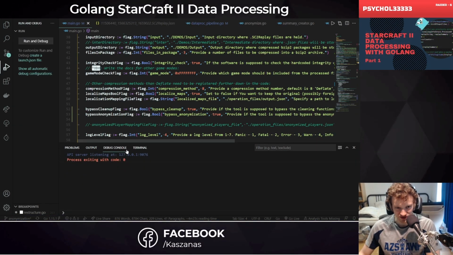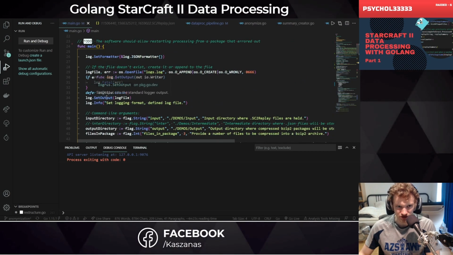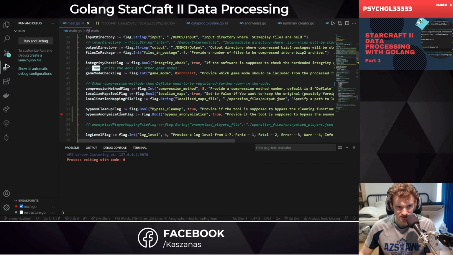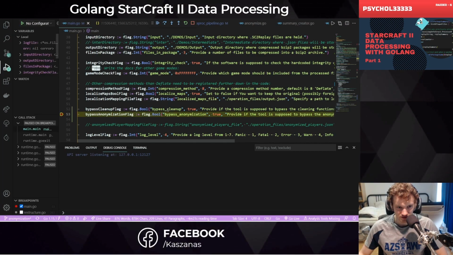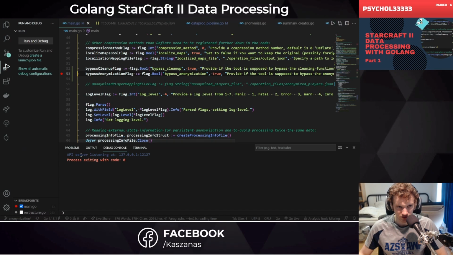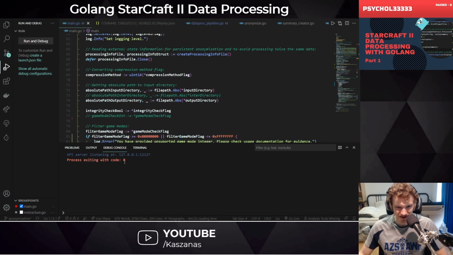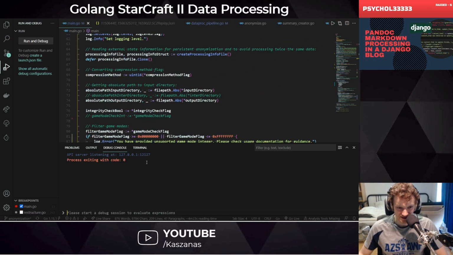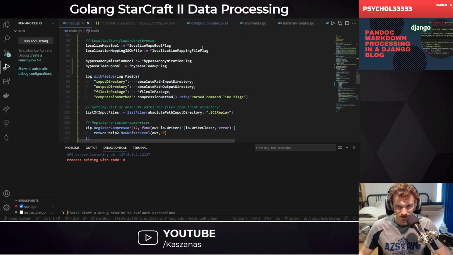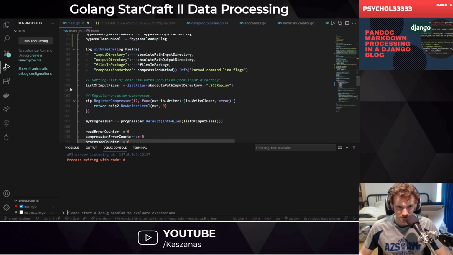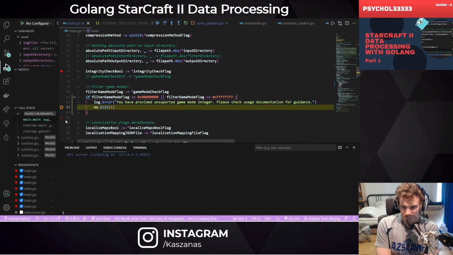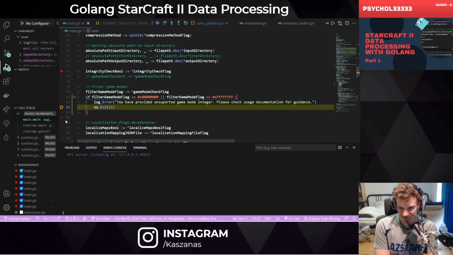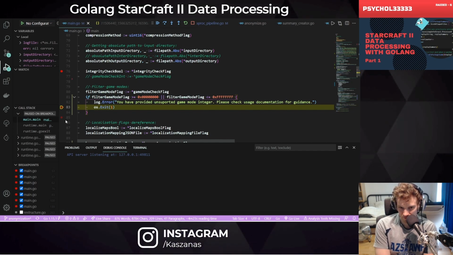And it seems that it doesn't, because there is no logging, there is no information. And let's see, where does it fail? What is happening here? See, we have the process exiting with code 0 without logging any kind of information. Okay, so this is the problem here: you can see the filter game mode flag does not pass these checks,